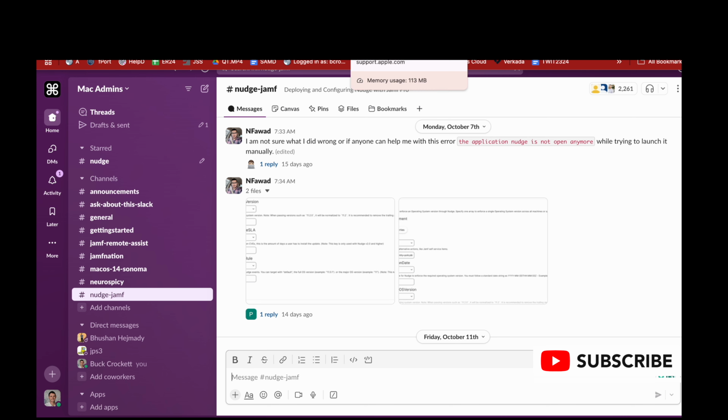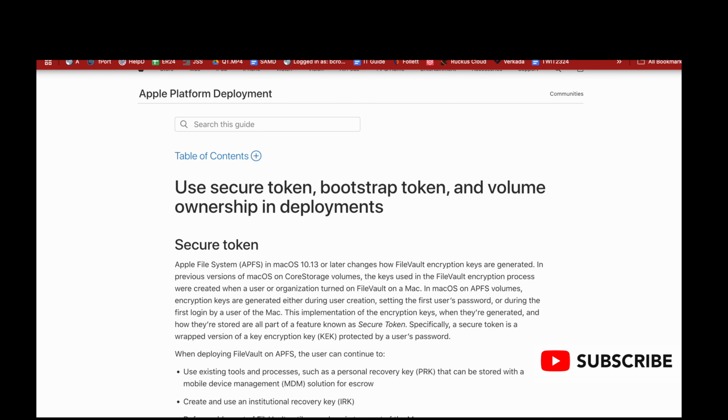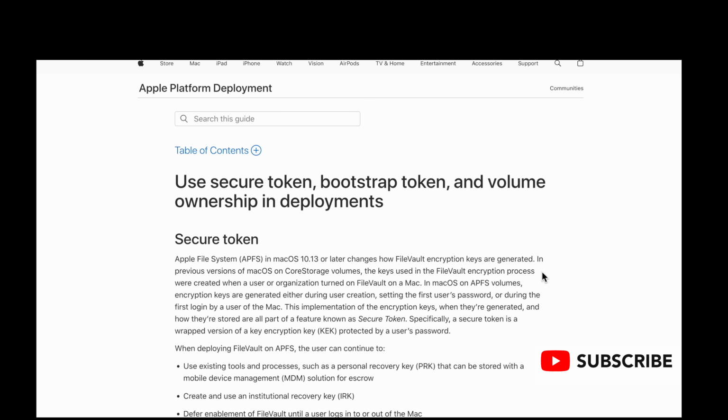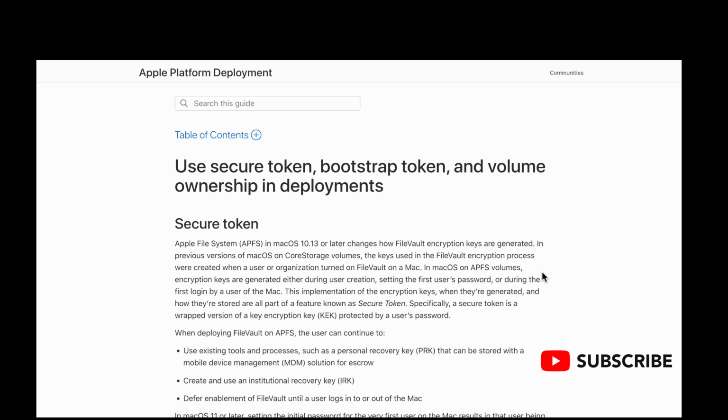We can go back to this document. Well, forward. Apple Platform Deployment has this guide, and it is on secure token, bootstrap token, and volume ownership. So go ahead, pause the video, block an hour of time on your calendar right now with a link to this document. Google it, find it, and read it word by word. Make sure you understand it. The key thing it's talking about is that